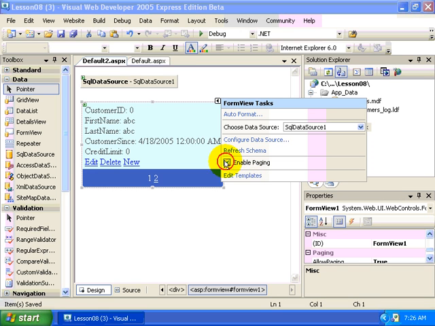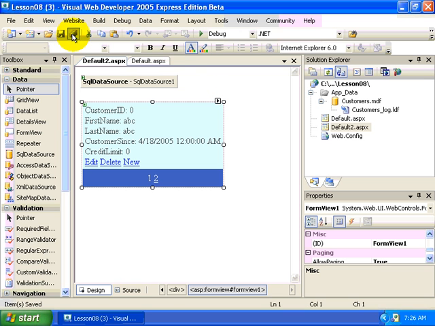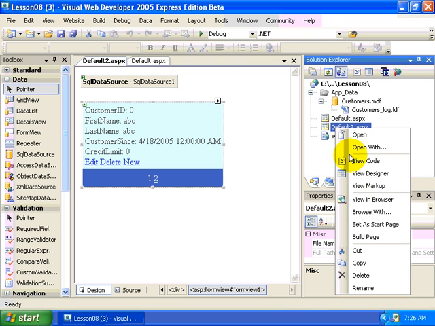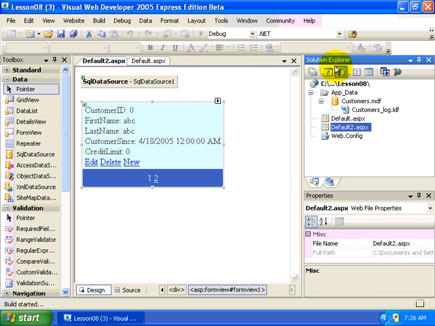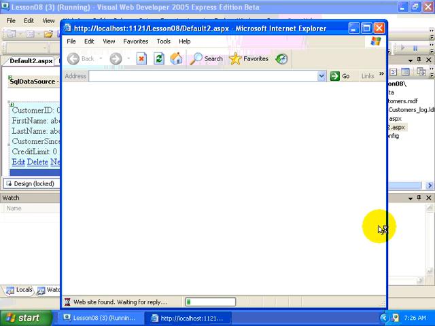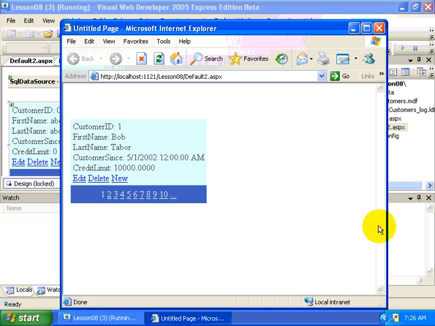We're also going to enable paging for this, just like we did in the previous lesson with our details view. And I think that's all we really need to do right now. So let's go ahead and get rid of that and save. I'm going to right click and select Set as Start Page, and we're going to run our application. Okay, so you can see here that we have the ability to move through